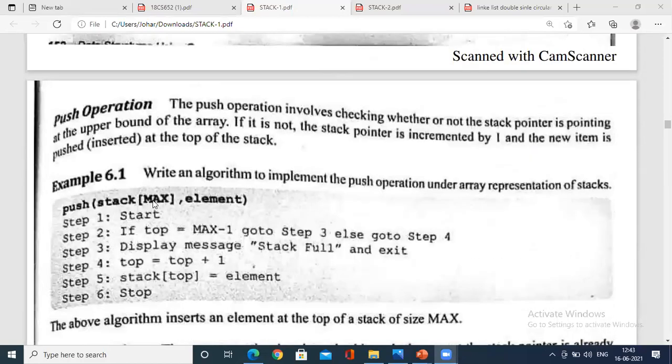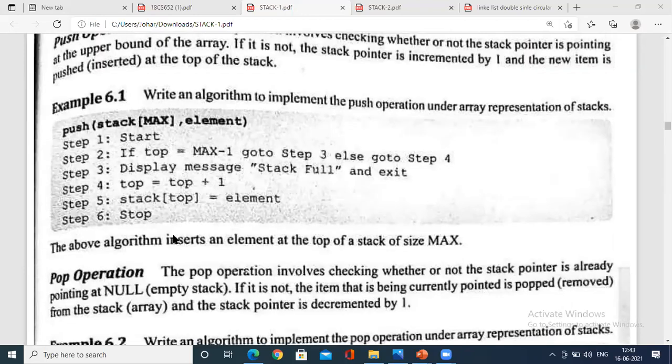First, the algorithm. You might be asked even the algorithm: start, stop. If top equals max -1, we go to step 3. What is step 3? Display the message stack full. Or else, you increment the top and insert the element into the stack of top. This is one of the simplest algorithms, which I suggest you remember on your own, right?